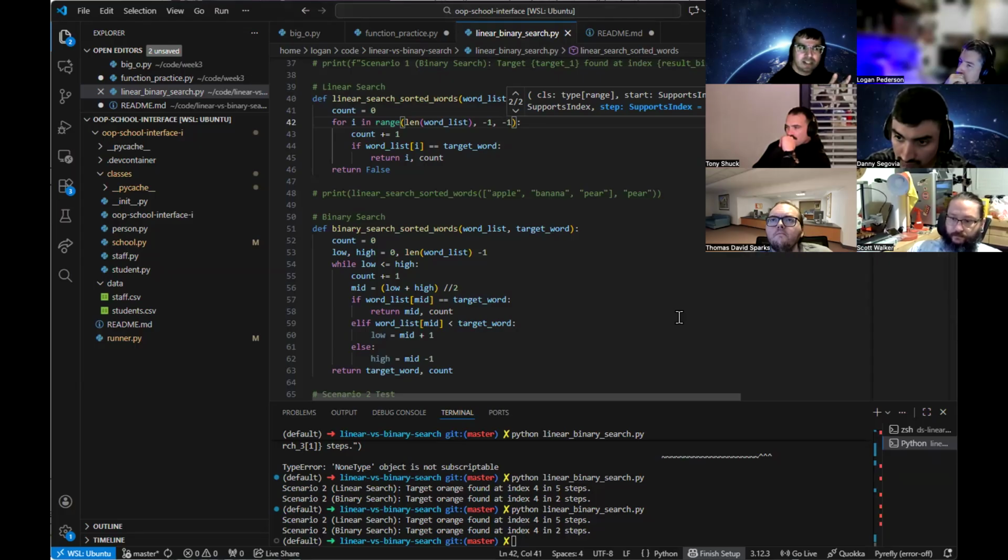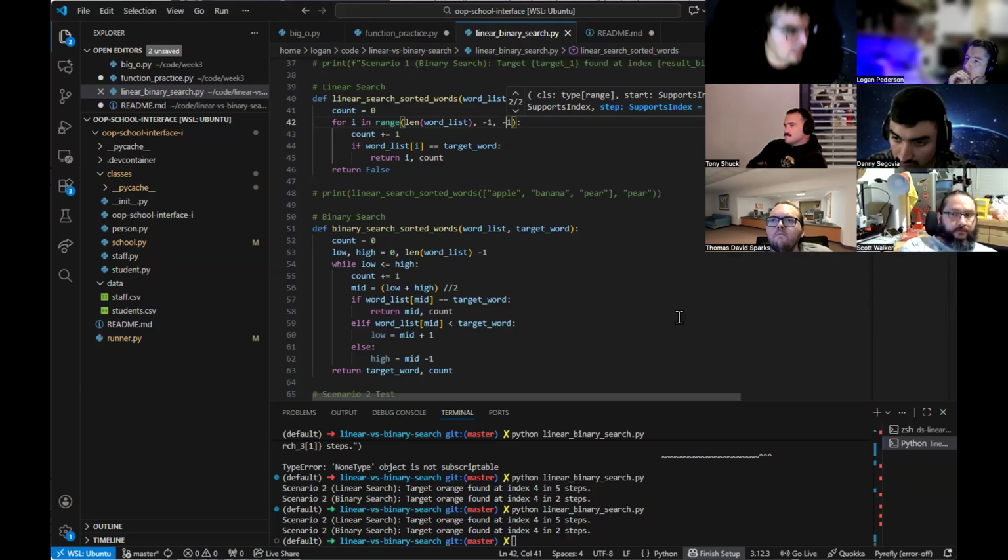All right, you start at the beginning, right? But we're going backwards. So we're telling it start, stop, step: start at the end at -1 index, and go backwards by 1, right? This is an important thing to understand. This is reading it as, hey, the ending point is non-inclusive. That's why it's -1 and not 0. If you put 0, it actually stops at 1. If you put -1, it stops at 0, which is where you want it to stop. -1 tells me, hey, go backwards. You can go backwards by 2 if you want. But that's how you read that.